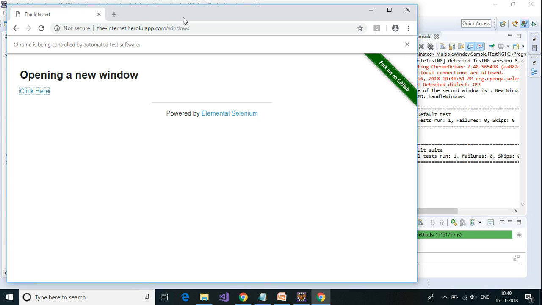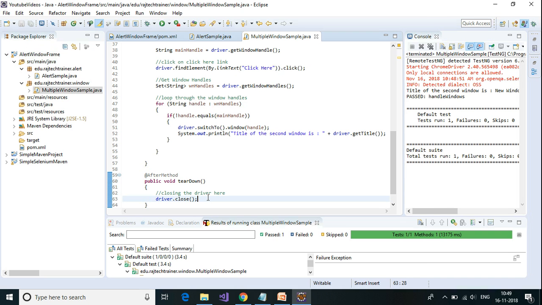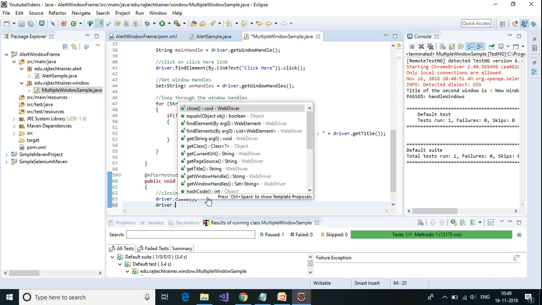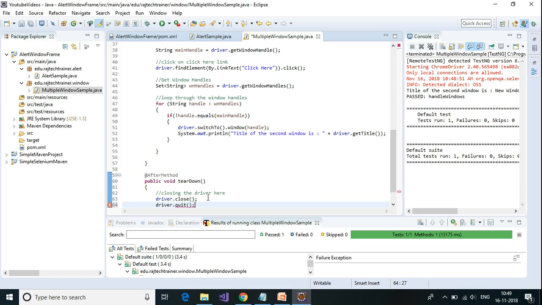which was a new window. This will be another interview question wherein you should know the difference between driver.close and driver.quit. Okay, so the driver will close the window which it is acting on, or the active window,